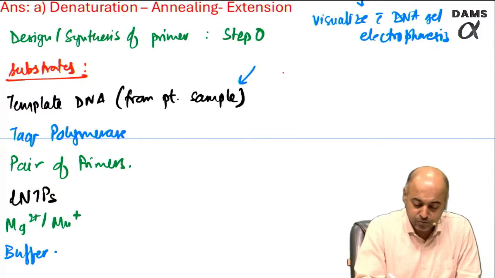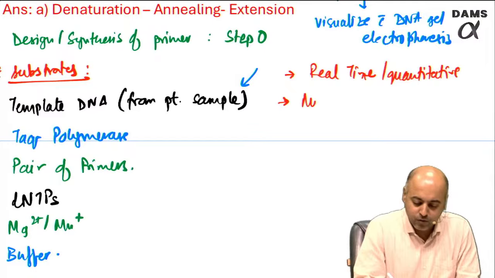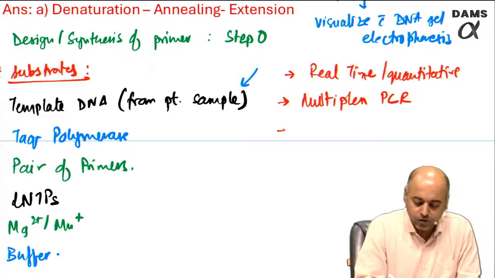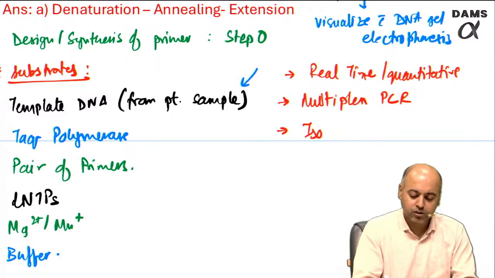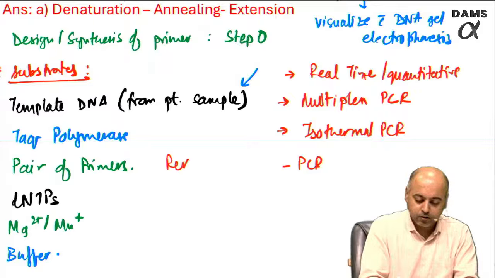There are variants of PCR. For example, the real time, also known as the quantitative PCR. You have what is known as multiplex PCR. You have what is known as isothermal PCR, and sometimes you can combine the PCR with what is known as reverse transcription,